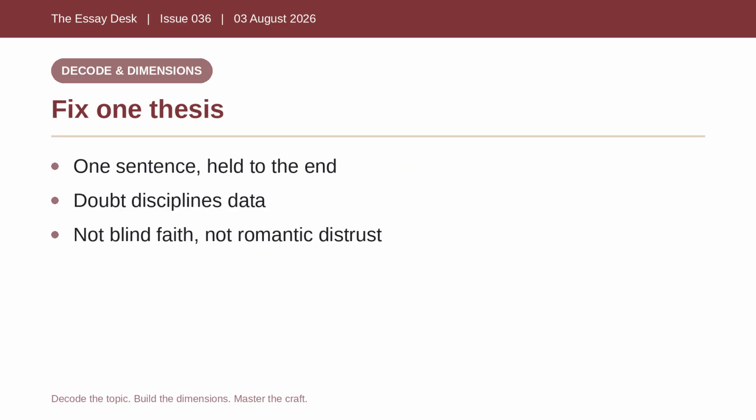Now fix your thesis in a single sentence, because an essay arguing 5 different things ends up arguing nothing. Try something like this: reason earns its authority only when it doubts its own instruments, and the future belongs to those who let doubt discipline data rather than trusting it blindly or dismissing it romantically. Write that sentence at the top of your rough sheet before you touch the introduction, and test every paragraph against